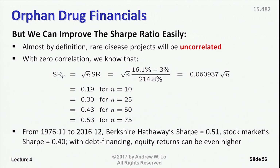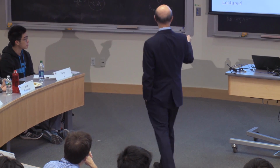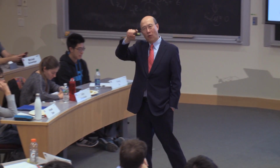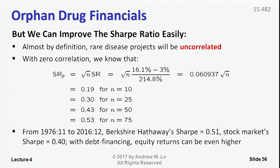If I have a 16% rate of return, 3% risk-free rate, 214.8% standard deviation, my Sharpe ratio per project is going to be 0.0609. That is not something that will get anybody excited. But I get to multiply that by the number of projects using my formula for the multiplier. And given that rho, the pairwise correlation, is 0, the multiplier turns out to be square root of n. So if I have a portfolio of 50 rare disease therapies, my Sharpe ratio becomes 0.43. If I have 75 rare disease therapies in my portfolio, my Sharpe ratio becomes higher